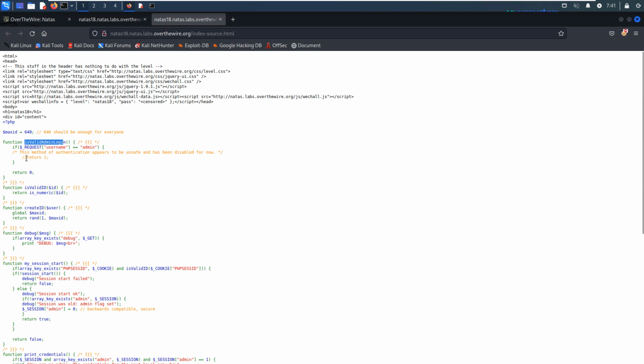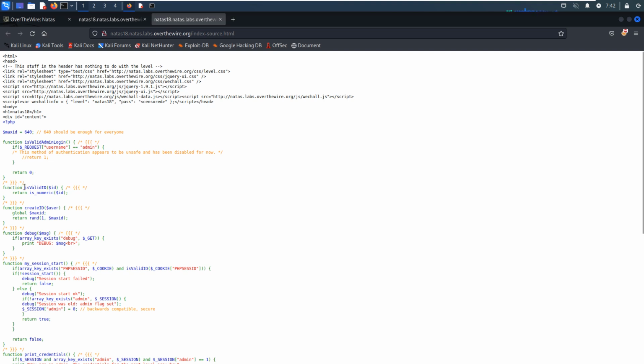However, as you can see over here, there is a comment: this method of authentication appears to be unsafe and has been disabled for now. So whatever username we input will be returned as 0, and 0 means the regular user. You have already seen that, right?